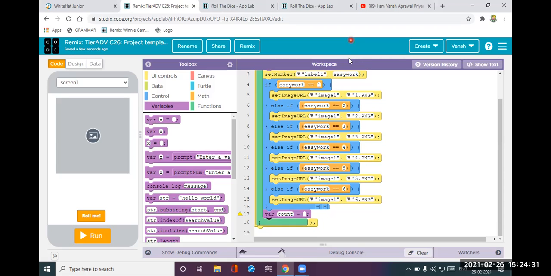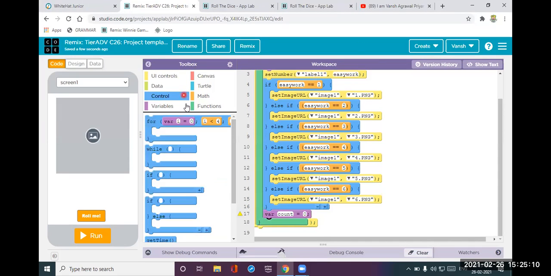For the background color of the screen. So it should be changed accordingly. Means if the dice has the number 6 and the dots of the dice are also 6, then you have to change your background color 6 times, and also a sound should play in your background screen. So now for that we have to take one more variable called count variable, and with this count variable we have to take a timed loop from the control block.